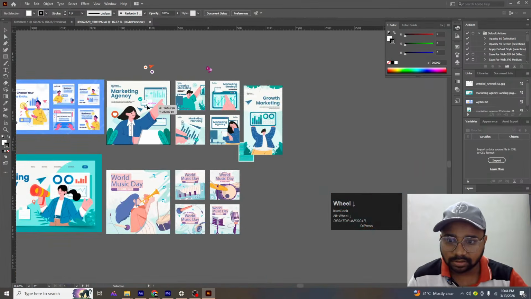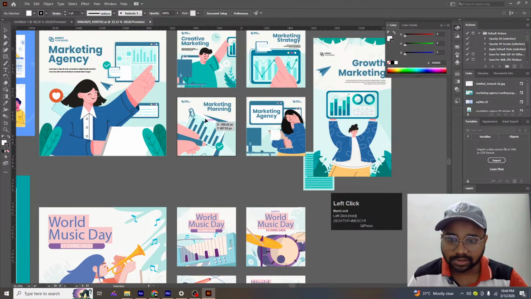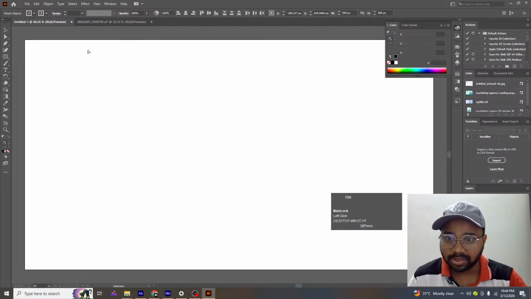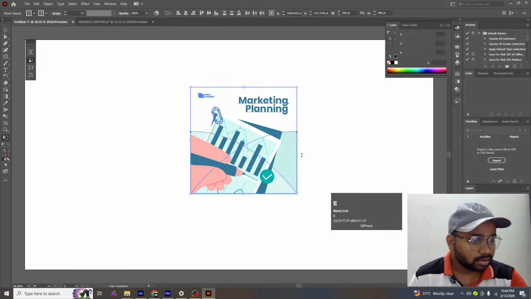So let's select this one first, like that. I'm going to select this one. I don't know why it's not selecting over there. Oh, they are locked, sorry. So let's select this much portion and hit Ctrl C to copy. Go over here and hit Ctrl V. Okay, now